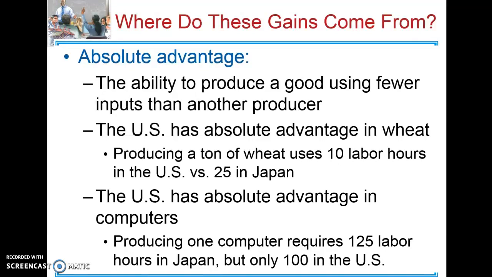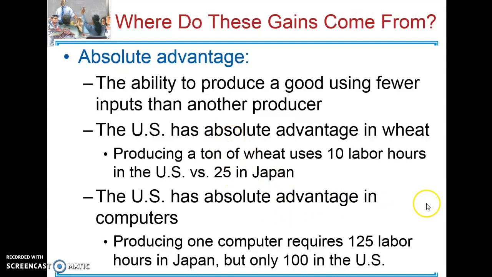There's an important concept that's called absolute advantage. Absolute advantage refers to the ability to produce a good using fewer inputs than another producer. The U.S. has an absolute advantage in wheat. Producing a ton of wheat uses only 10 labor hours in the US versus 25 labor hours in Japan. So because it takes us less time to produce the same amount of wheat, we have what's called an absolute